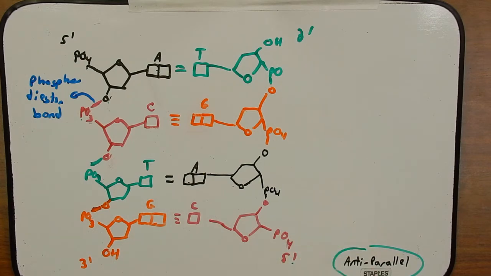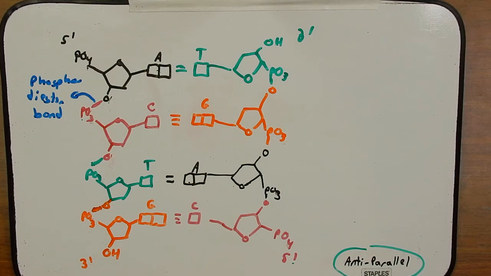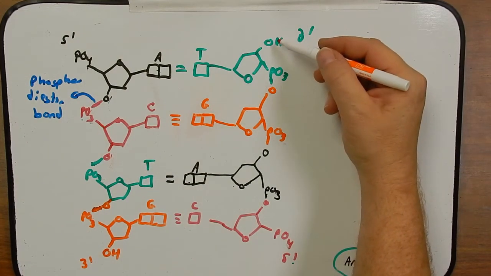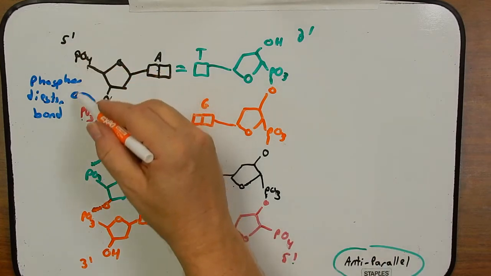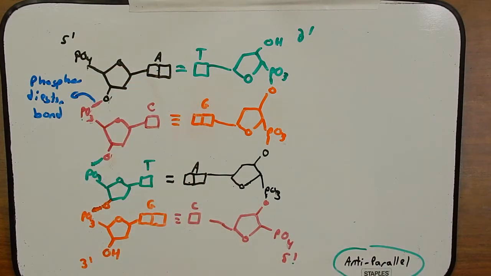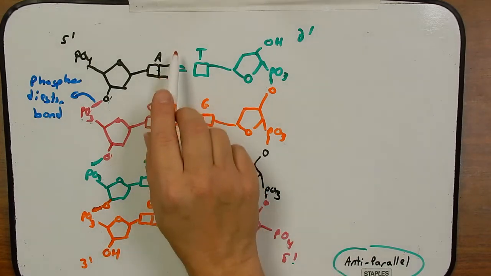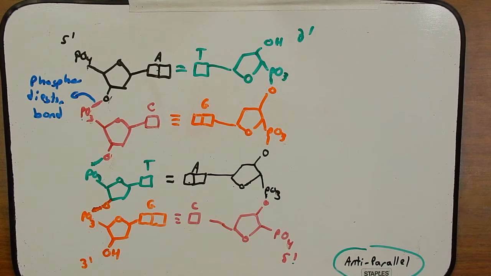So I'll correct that real quick in case somebody's keeping score. One thing you will notice is that a feature of the double helix is that the phosphate groups, the groups that carry a negative charge, they are on the outside. And so if you look at a double helix, the phosphate groups are positioned on the outside of the double helix. Something that was proven by one of my favorite scientists, Rosalind Franklin. And on the inside, it's protected against water. It's more of a hydrophobic environment on the inside. That's all I want to show you with the molecular interactions of the bases here, of the nucleotides.